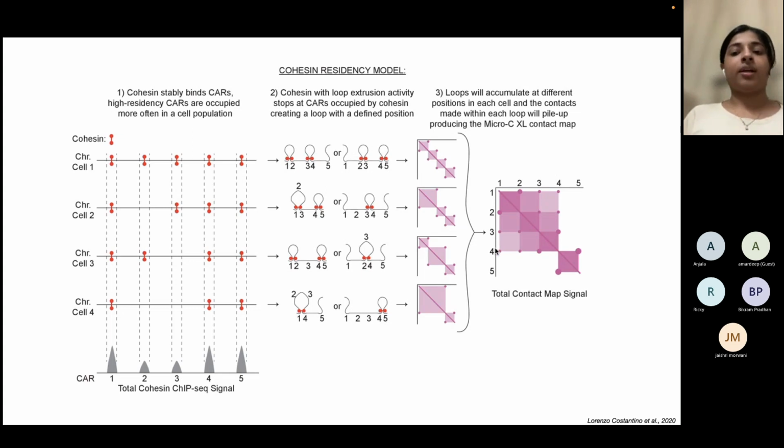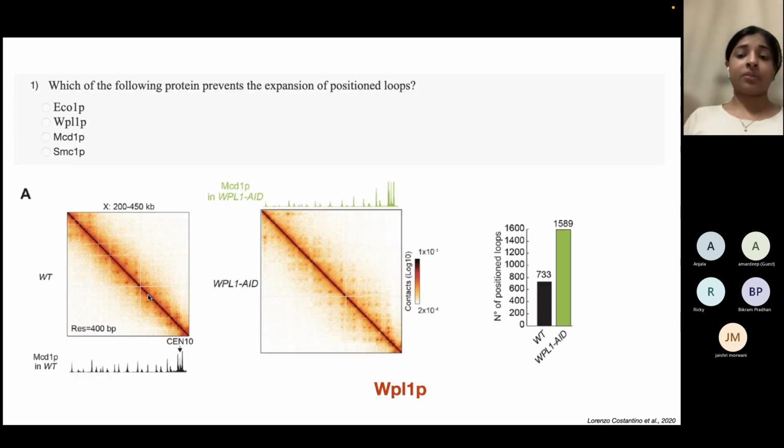Say the fourth high residency CAR can also interact with the first high residency CAR, but in a lower frequency, whereas 2 and 3 can interact with much higher confidence with each other. So this is what the paper concludes, and they also go on to identify various proteins that are required in this complex,